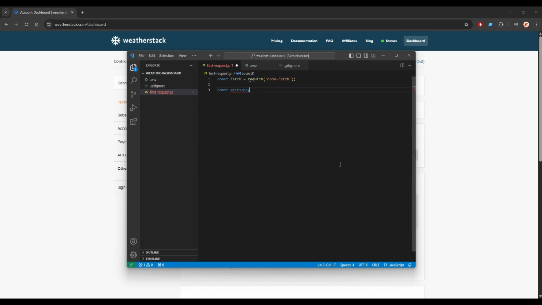But we are going to get this process.env.access_key. And then we also want to require dotenv and call .config here. Perfect. Don't forget your semicolons. And now that we have our access key loaded in and have fetch declared, we are going to now